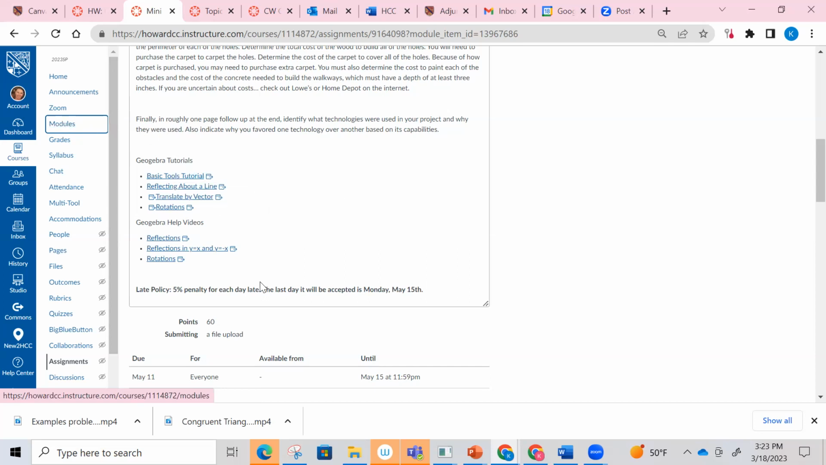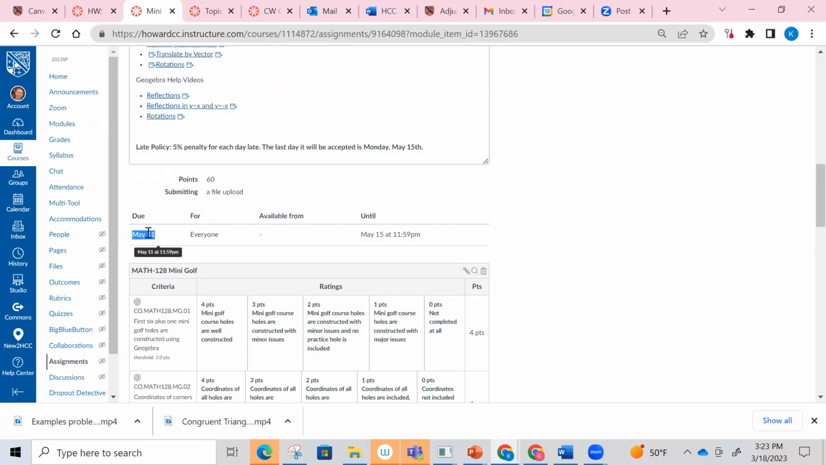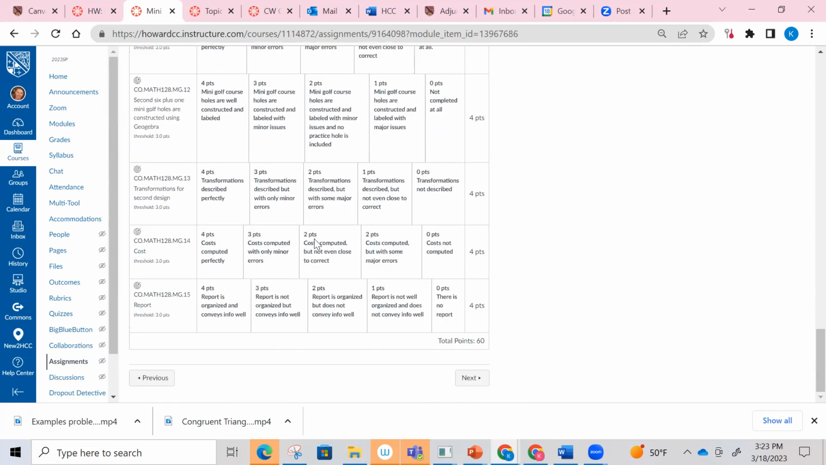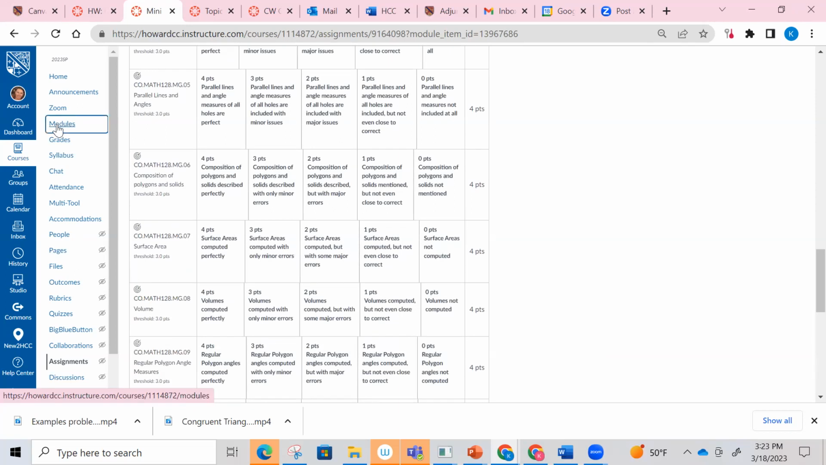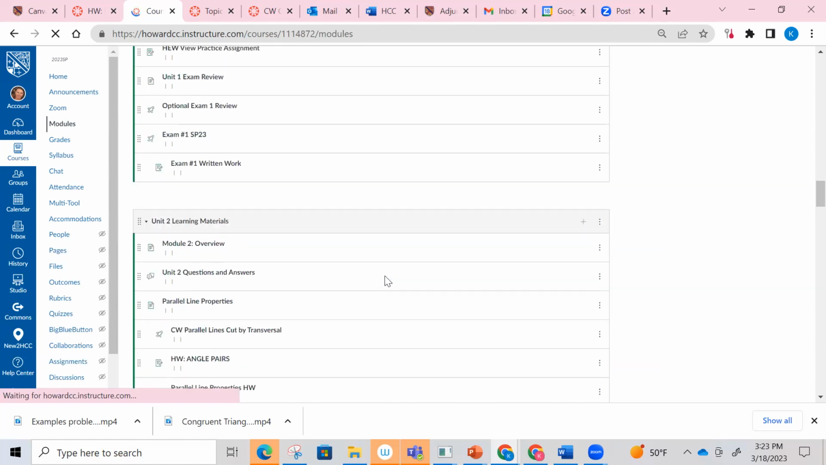So this is the one thing I am going to be strict with deadlines. If you do turn it in past the deadline, there's a 5% penalty for each day late. And the last day they will be accepted is Monday, May 15th, since that's the week of finals and I need time to grade them. Okay, so they're due on May 11th. Okay. And then there's a rubric. I would definitely read through the rubric to know what is expected, but I'm not going to read through that whole thing. So for the project, if you also go down to the project,